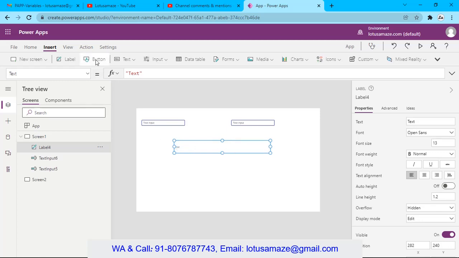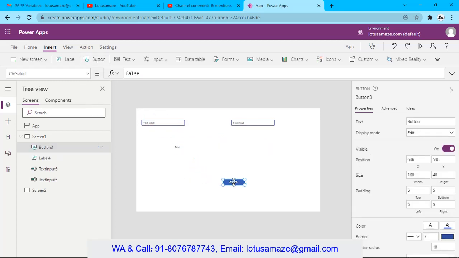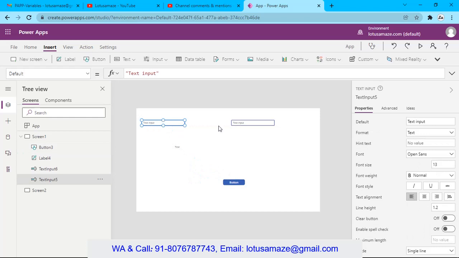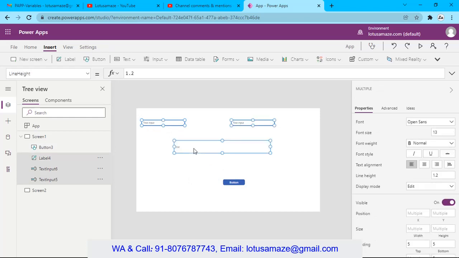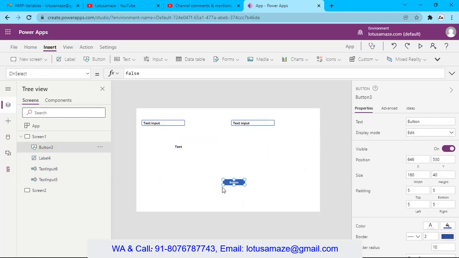Then a button. Configure these controls: font size 18 and bold.